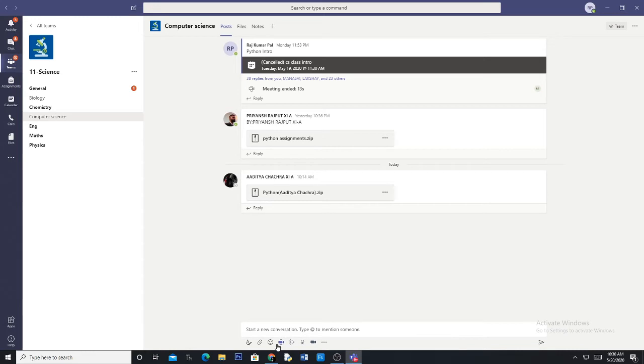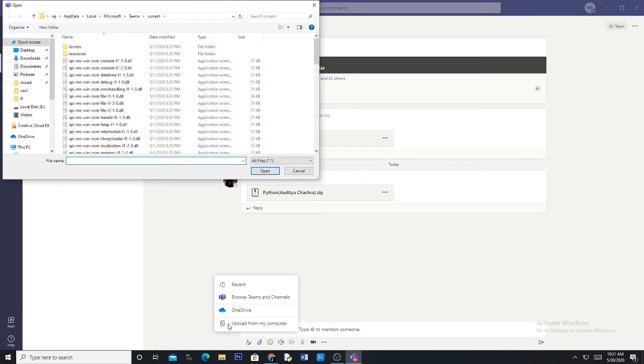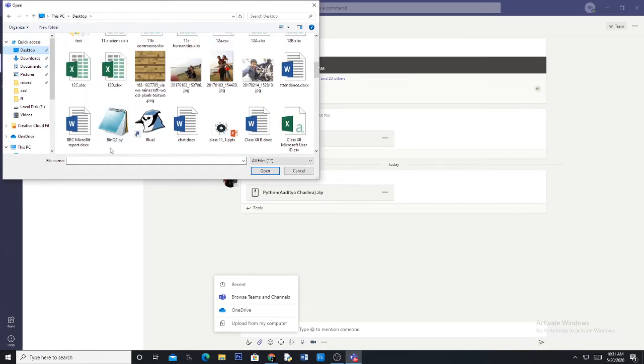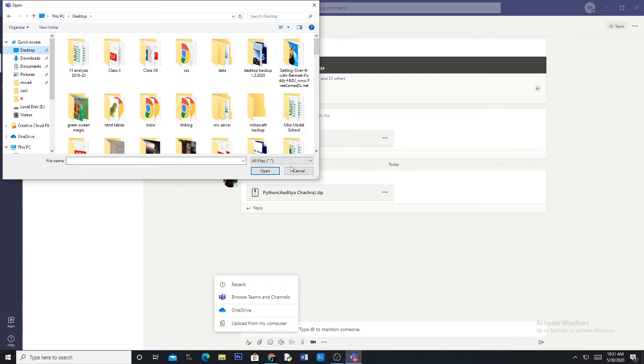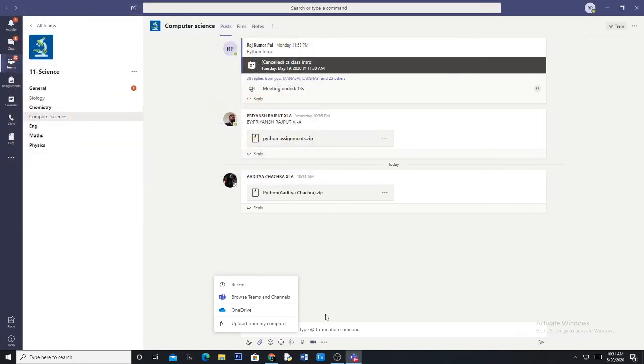Again I do it, see, I click here, upload from my computer. So from here, from the desktop, if they have completed an assignment, it might be a PDF file, it might be a Word document, they have picked it up from here, opened it, and then finally they have sent it. The send icon is here. So once they click here, then it will be available here. Available here means for me this will be available. I can see the assignments here.